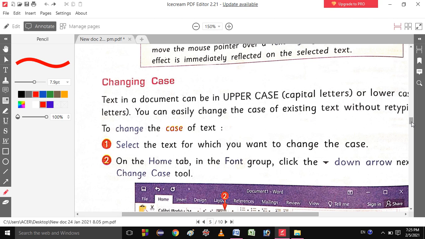So all these types of things you can do by changing cases. These are the options for changing the cases.